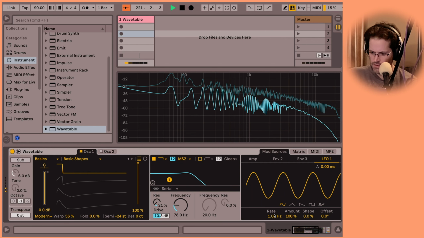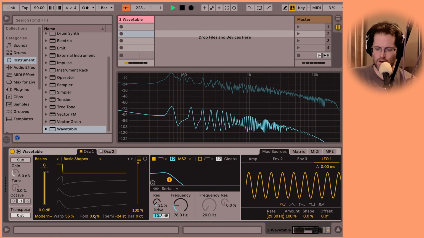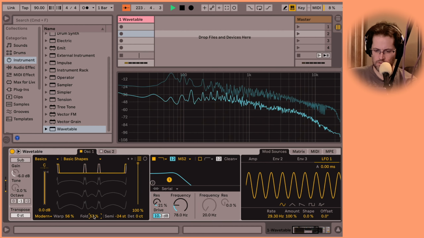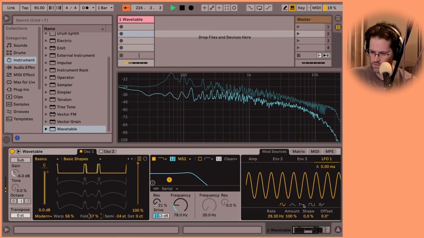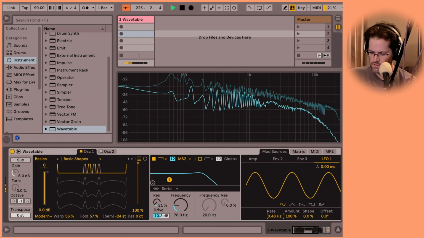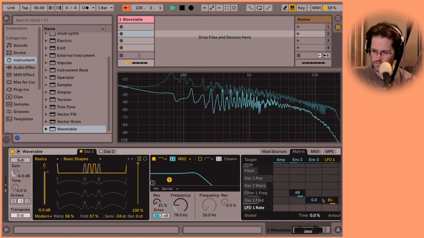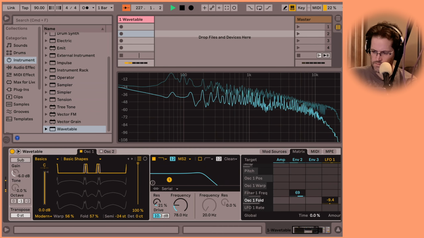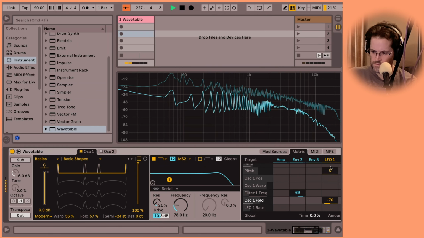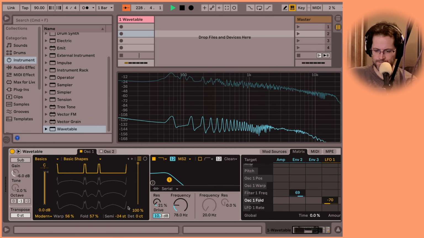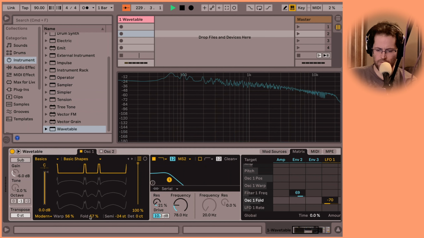Let's crank up the rate. That's so weird. Why does it? Oh, because I think there has to be an amount here. Yeah, there needed to be an amount before it would start acting on it.